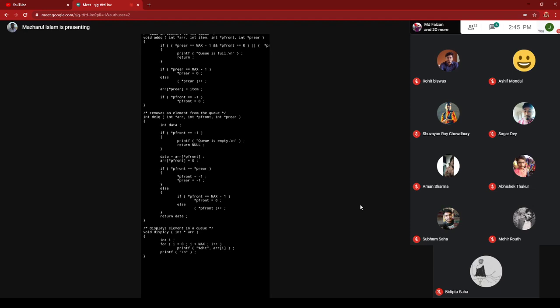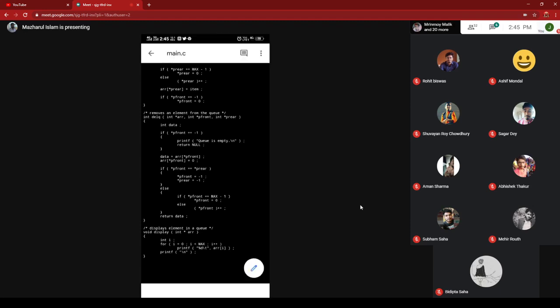So that is why the element is taken first in data equal to r[p front]. And what I told you, when the element is taken in the data variable, just for keeping the mark, you are assigning 0 here. You can assign any larger value here, 999 or 49. Okay, another if block, when you are deleting, when p front equal to p rear, it is actually circular in nature.